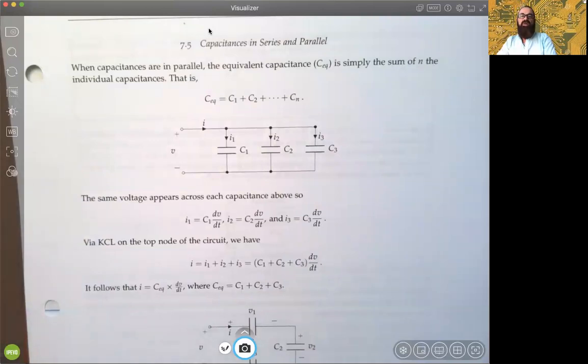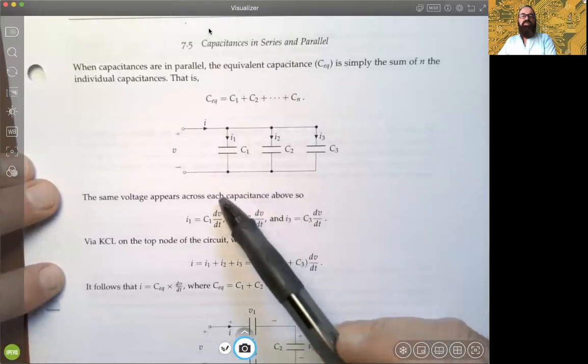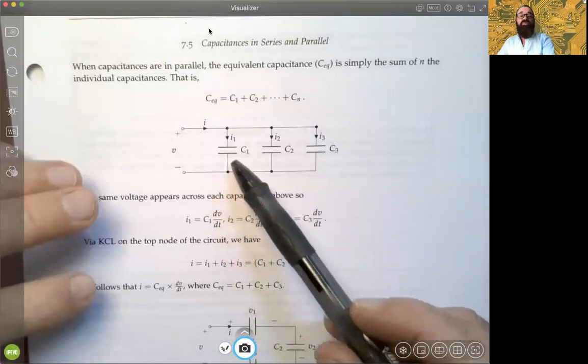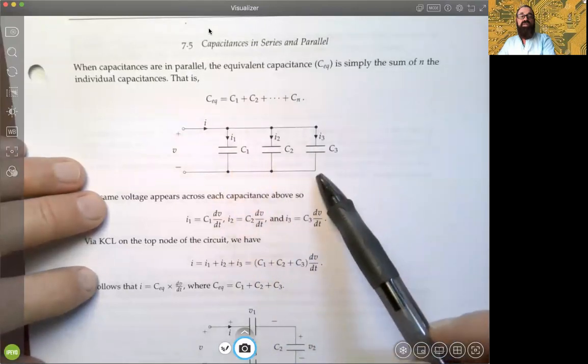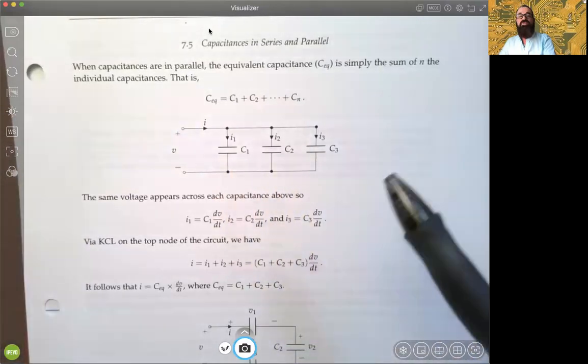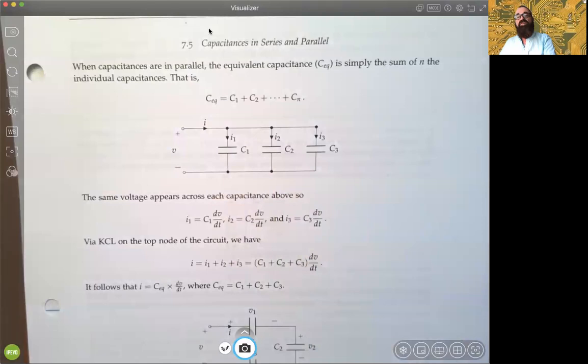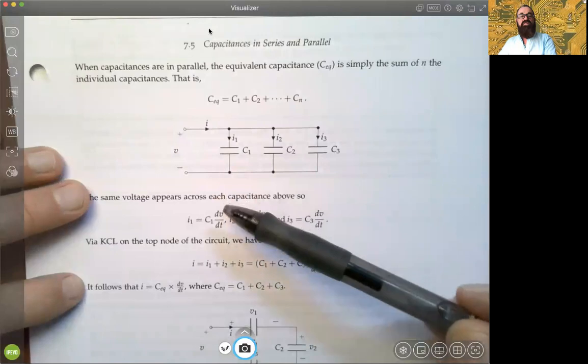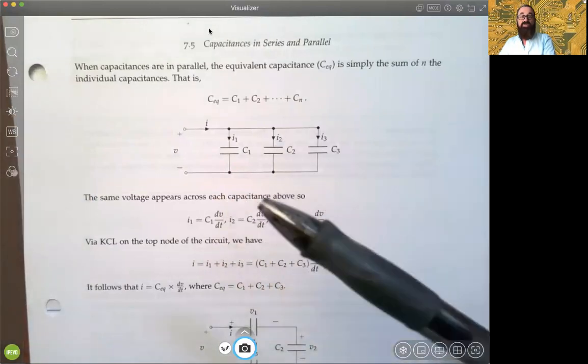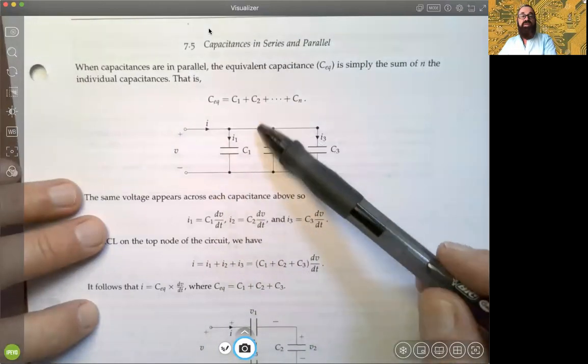parallel can produce equivalence. And what's interesting is it's a little bit different than it was in the case of resistances. For example, remember that if resistances were in parallel, as I was just creating this diagram with capacitances, we would have used the sum of reciprocals, or using that technique we did 2 at a time for parallel resistances. Well, in the case of capacitance, it's actually simpler. It's what we did with series of resistance. In other words, if the capacitances are